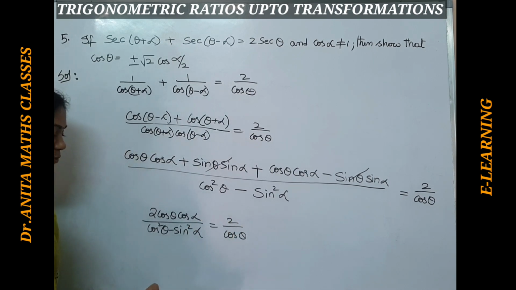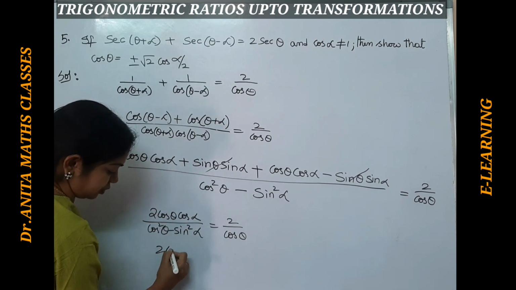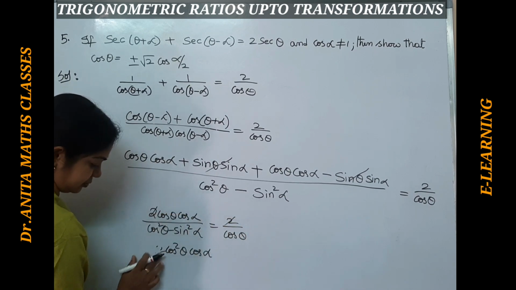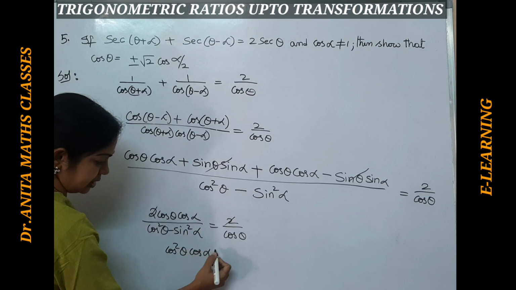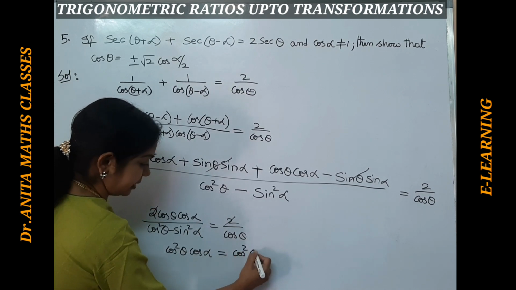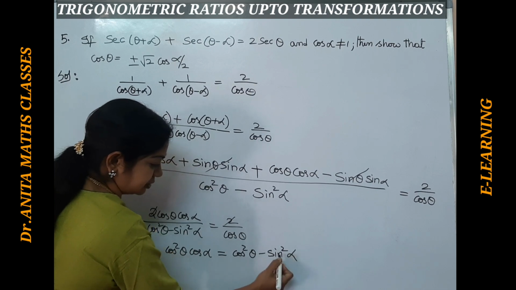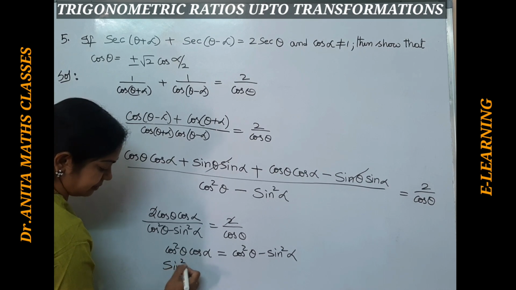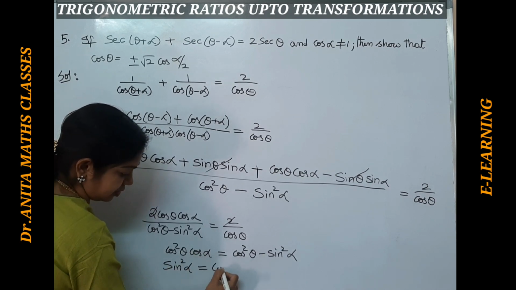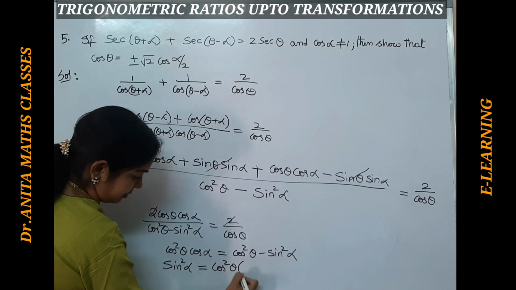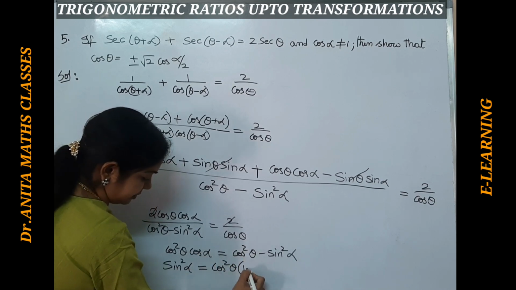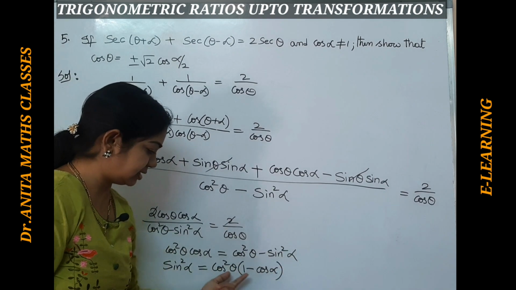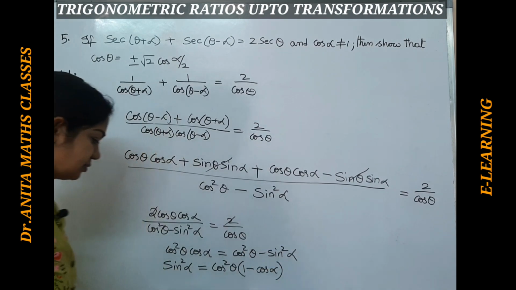So we will cross multiply both of them. If you cross multiply, it becomes 2 cos square theta cos alpha. 2 we can take it off. Okay. So if you cancel 2 both sides, this becomes cos square theta minus sin square alpha here. So shift this sin square to this side and this to the other side. If you shift here, this becomes minus sin square becomes plus sin square alpha, and this here cos square theta, if you take common 1, if you shift this will become 1 minus cos alpha. Okay, so this plus becomes minus here. If you are taking cos square as common, 1 minus cos.